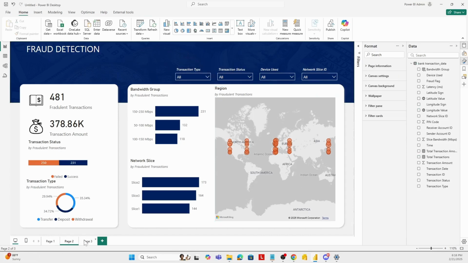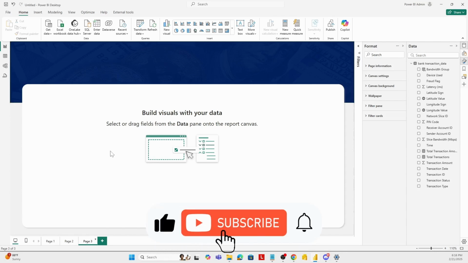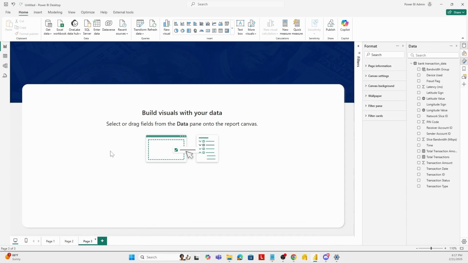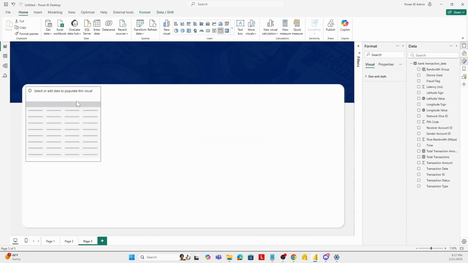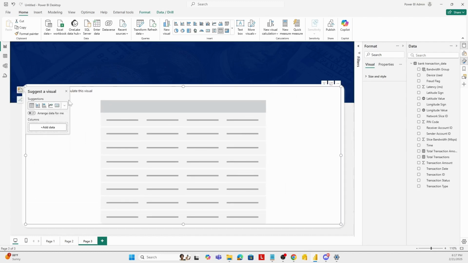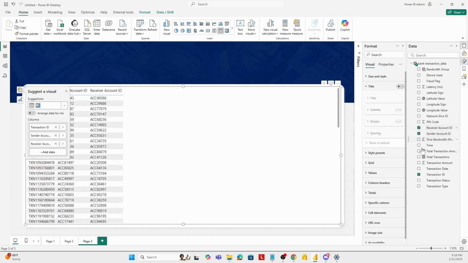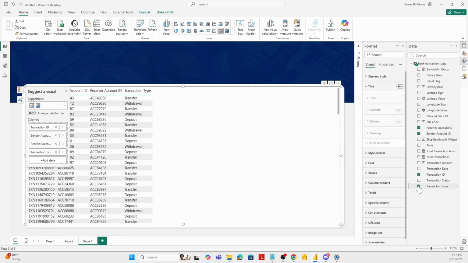The next page, which is the final one, is going to be our transaction details page. So on this page, I'm going to add a table and click on table, drag it down here, ensure it covers the canvas part assigned to it. Then select transaction ID, the sender account ID, the receiver ID, transaction type, transaction amount, fraud flag,